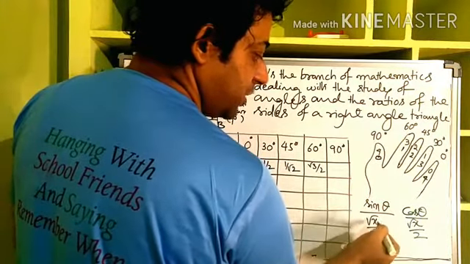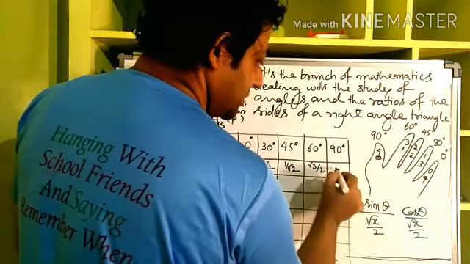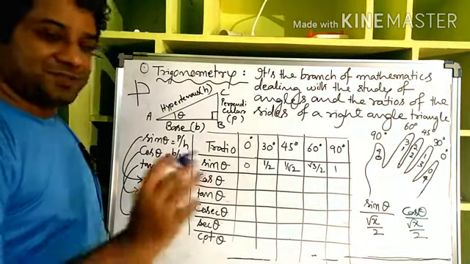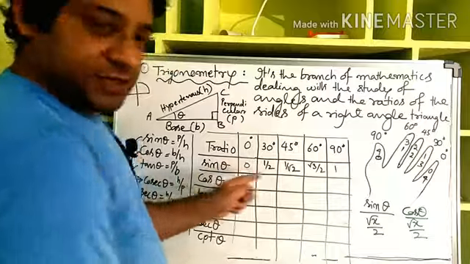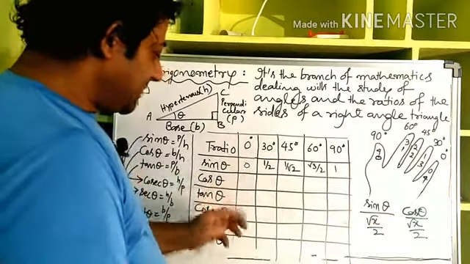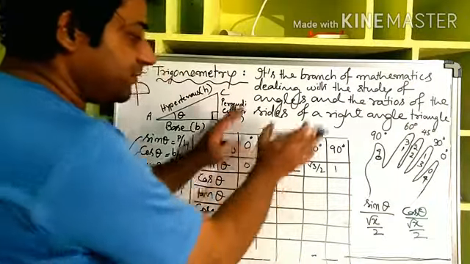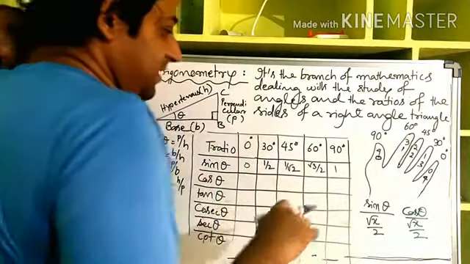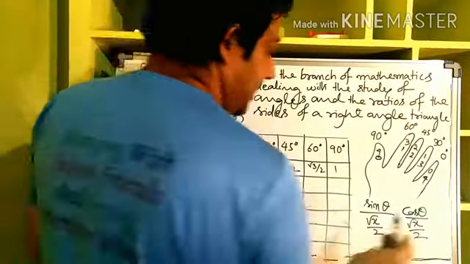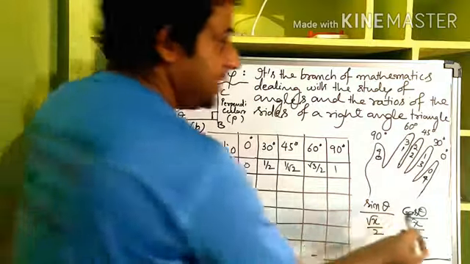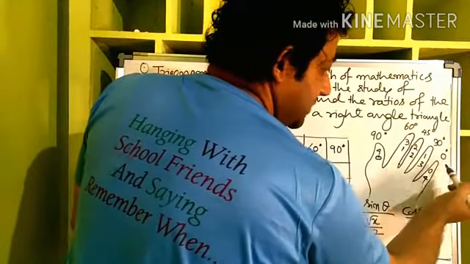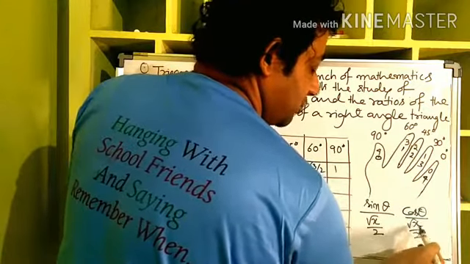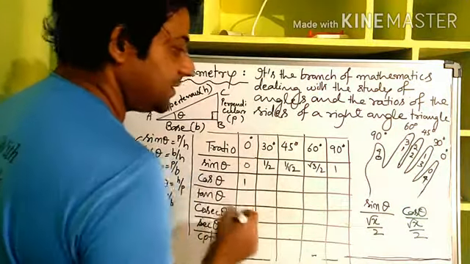So root 4 by 2 is equal to 1. Clear? Now see, the trick is, you have understood this, right? The trick is all the other ratios will follow from this only. Nothing else is required. Now see, cos is in green. Now green color is 0, right? So cos 0 degree is equal to, you see green, for x you put a 4. So 2 by 2, 1, right?